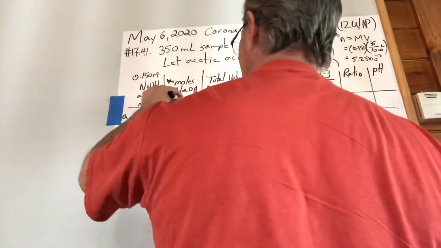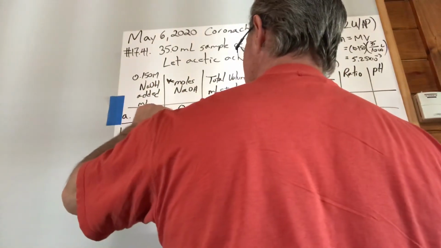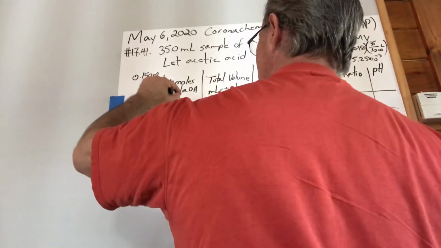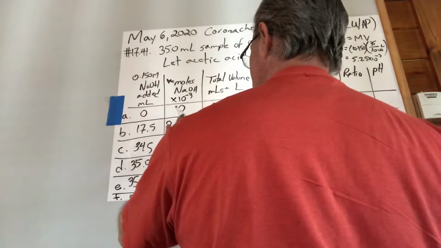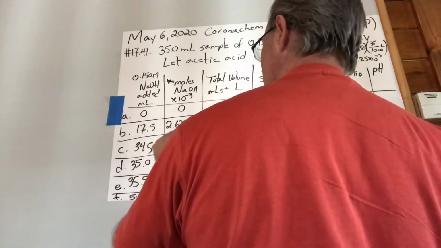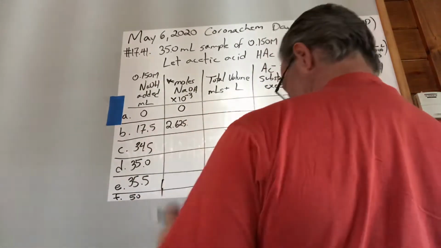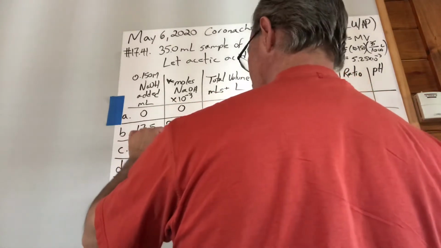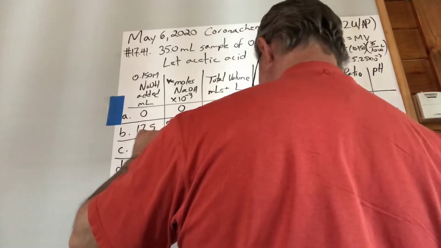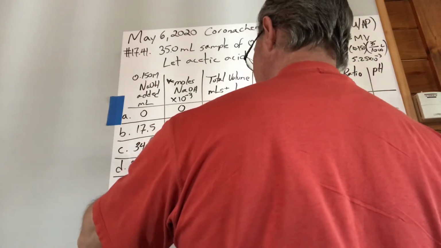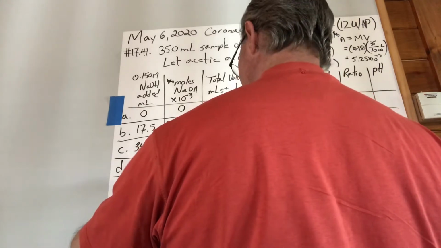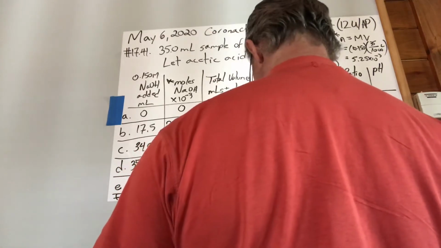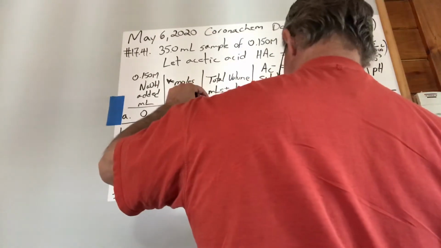So there's 0 here, obviously. Here we get 2.625 times 10 to the negative 3. In fact, they're all times 10 to the negative 3, so instead of writing times 10 to the negative 3 each time, I'll just write the first part of the scientific notation. So all of these numbers are times 10 to the minus 3. So just keep note of that. 5.175, 5.25, 5.325, and 7.5. The total volume of the solution is 35,